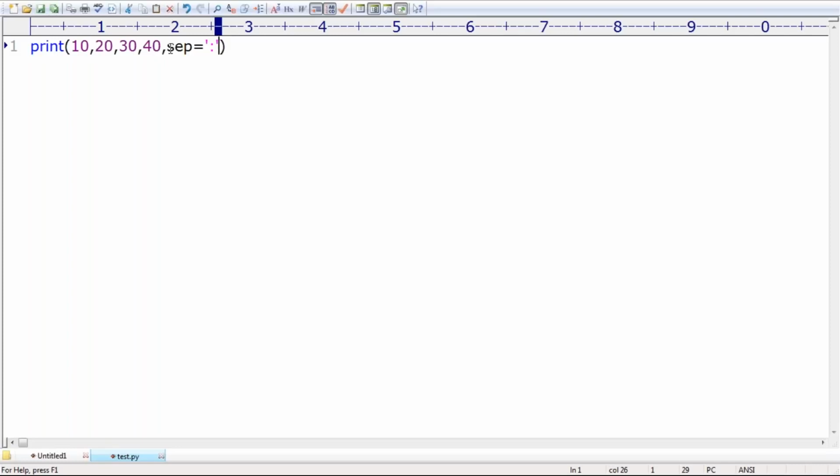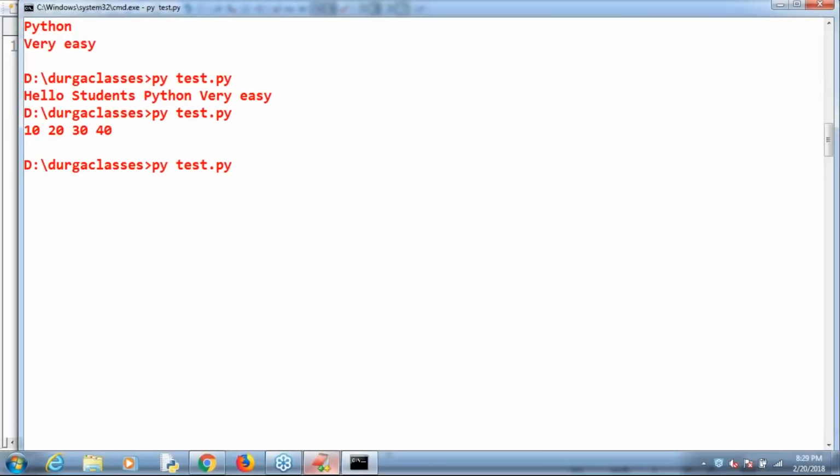Okay, remember, sep always talks about what the separator is between arguments. End always talks about what you require after this print, while printing the next print statement, in the middle. End's purpose is different, sep's purpose is different. Everyone can able to understand, right? Make sure. Now have a look. What is the output by default? We are going to get 10, 20, 30, 40. Clear, right? Are you in a position to understand, right? Okay, that's all.